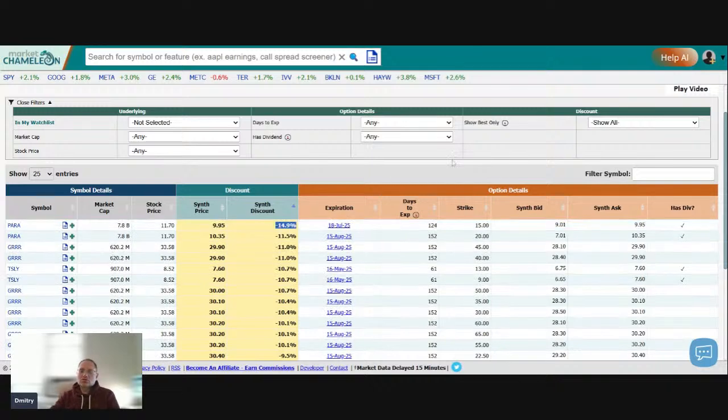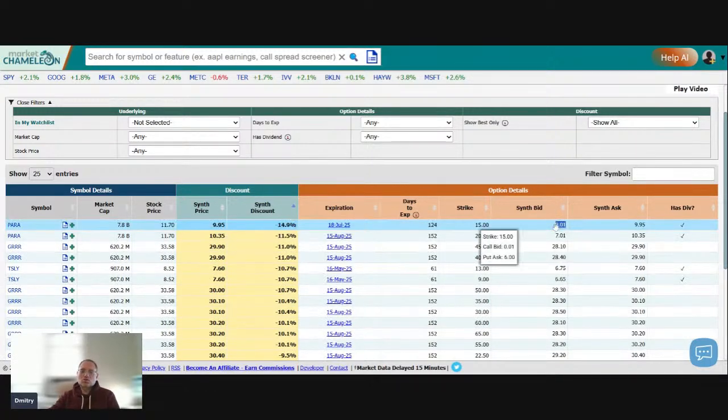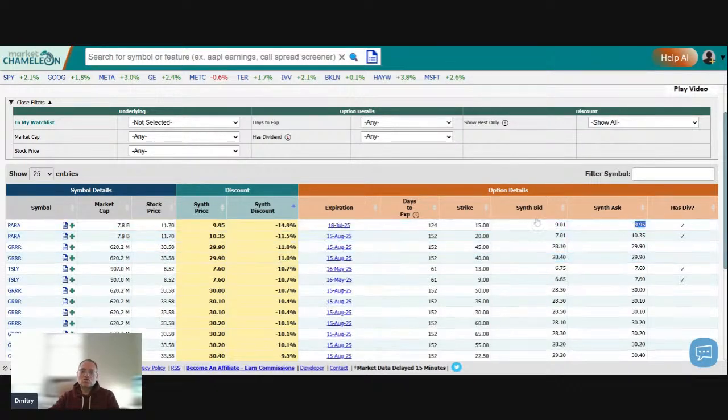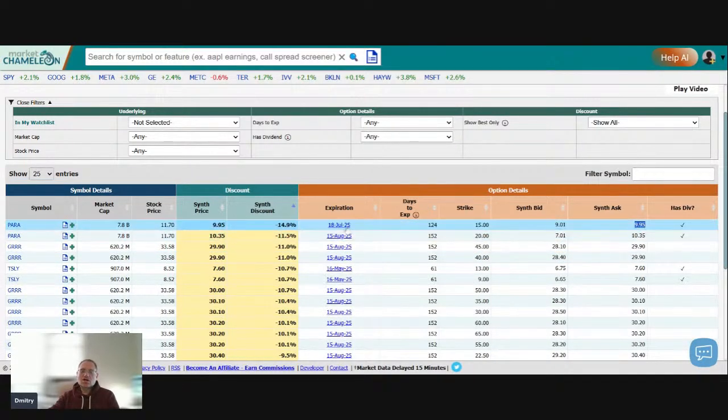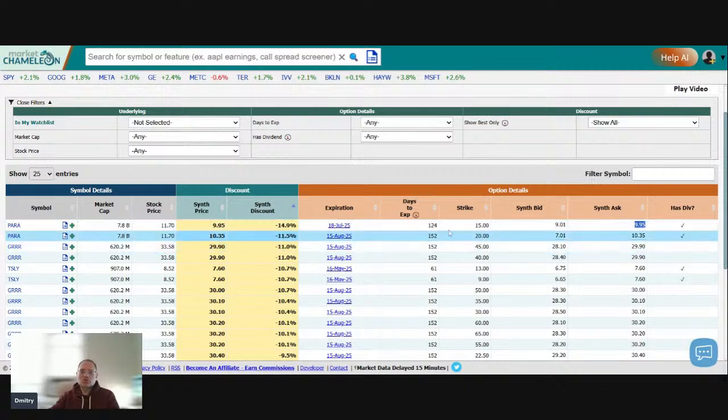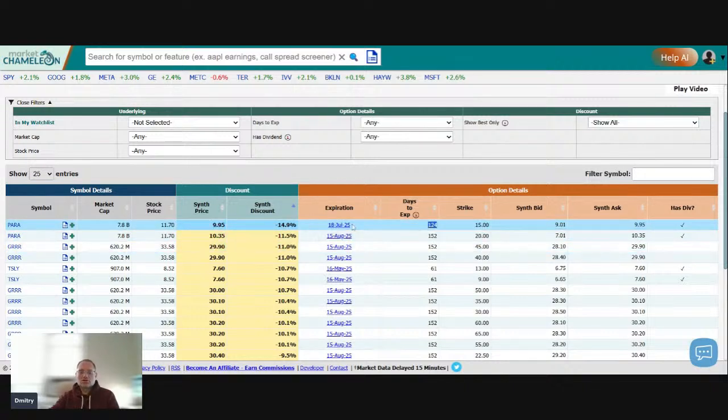And here you'll see the synthetic bid is $9.01, synthetic ask $9.95. So it's a wide market, but it's in the July 18th expiration, 124 days to go. And that indicates that there's a large demand to short the stock, but there's not enough available